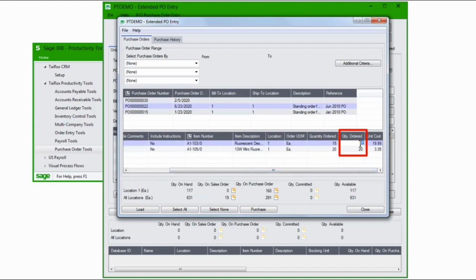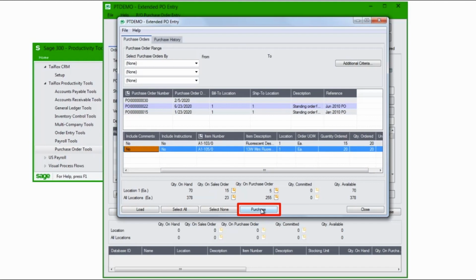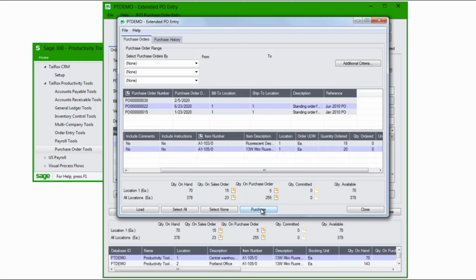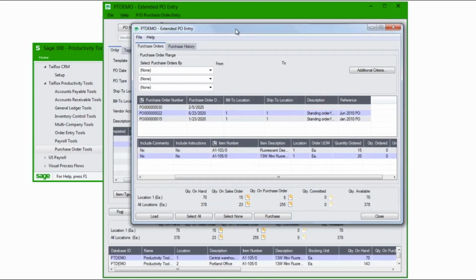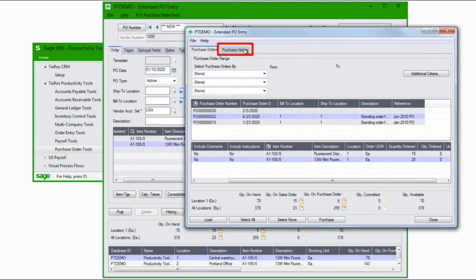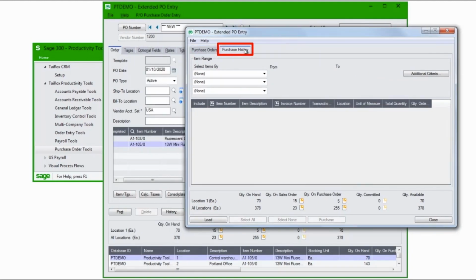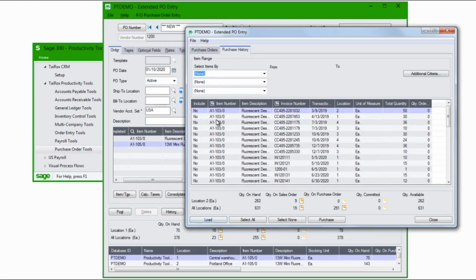You can change the order quantity right in the grid, and then click the Purchase button to copy them to the PO Details grid. You'll notice there's a second tab in case I want to select based on the items that I previously purchased as opposed to the orders. This mechanism is very much the same. You select an item, enter the quantity you want to order, and then click the Purchase button to add items